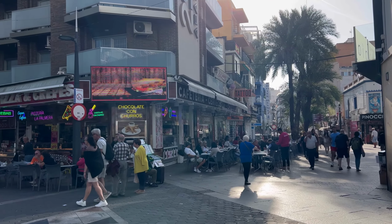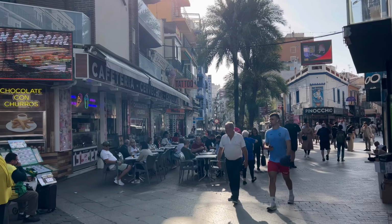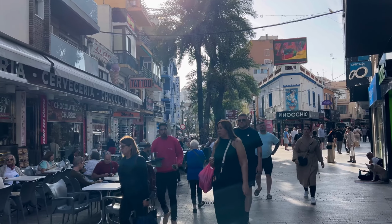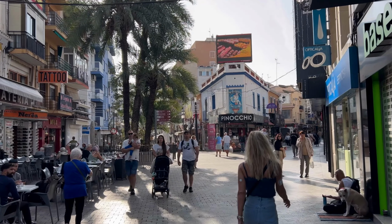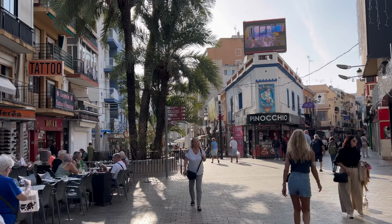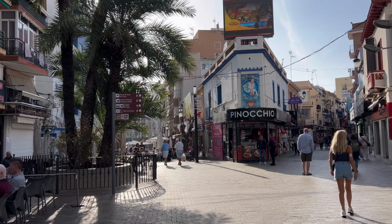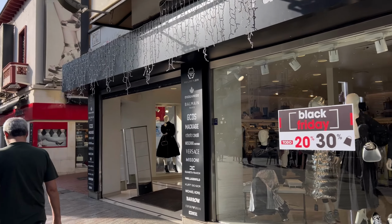It is quite busy for the 1st of December in Benidorm. Quite a lot of people here. We will go to the beach, don't worry. We will do that in a few moments, but this is the first glance at the shopping alley. Here is where you can find the famous, very expensive brands such as Guess, Armani, Tommy Hilfiger, and much more. They are in these types of shops, even Versace, this Roberto Cavalli,